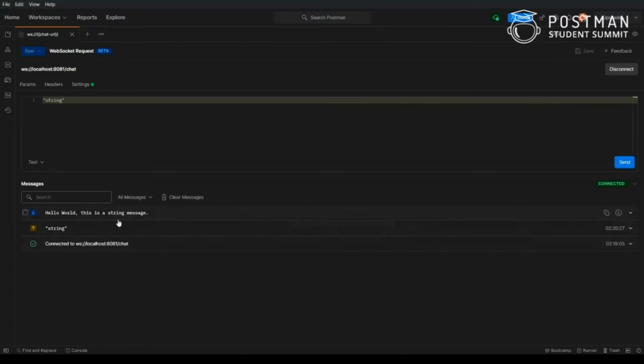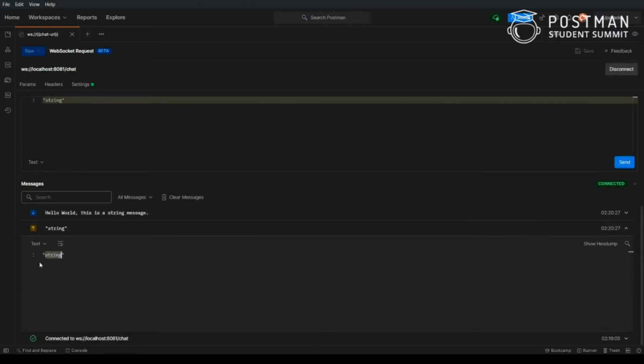Here, as you can see, it parses the data for me, and for the request that I have sent, it shows me that it is a text type. The data type is text, and the data itself is the string here, with the characters that are in this string.